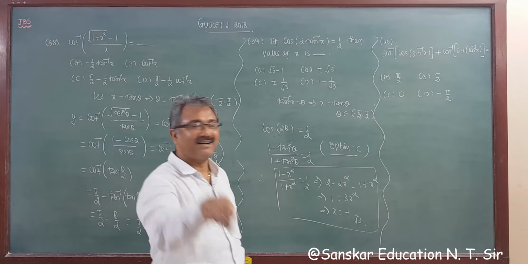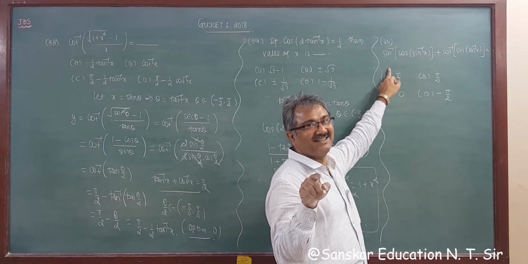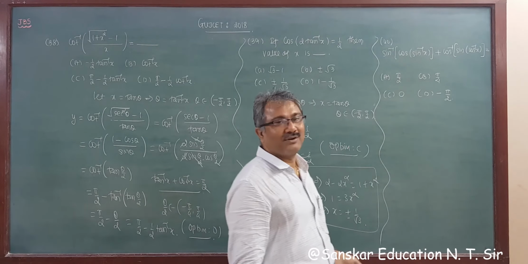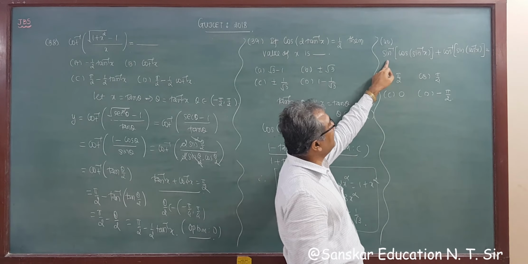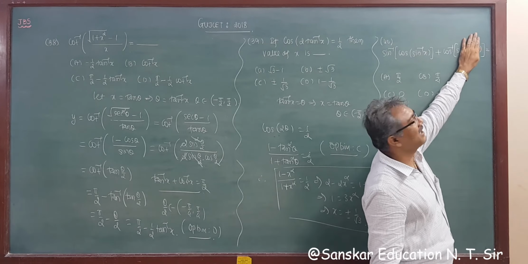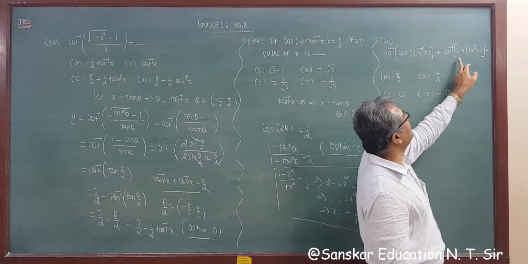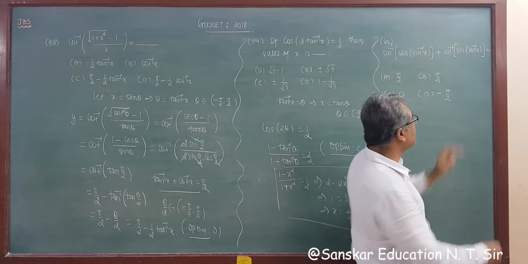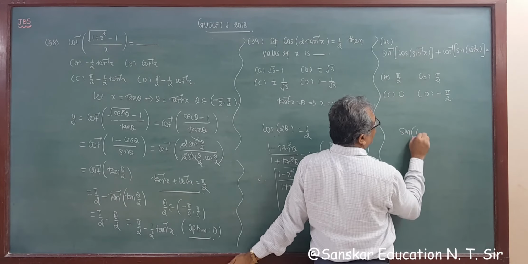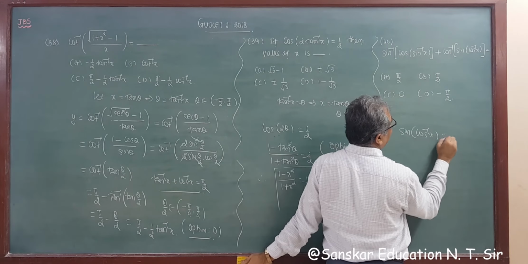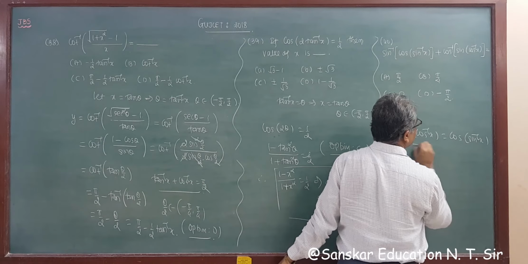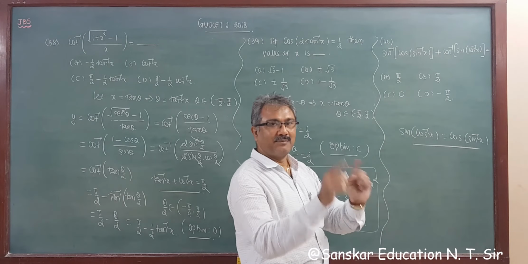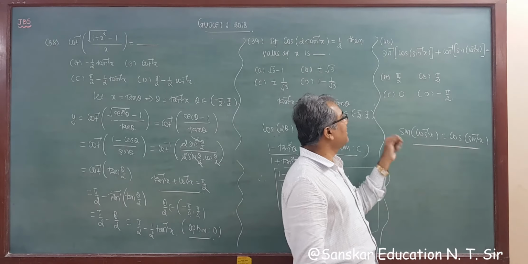And the last but not least, right, the last question of GUJCAT 2018. So sine inverse x plus cos inverse x, then the answer is pi by 2, but this one has a different argument. But also you know that sin of cos inverse x can be written as cos of sine inverse x. It can be interchanged, the inverse and the function, simple.